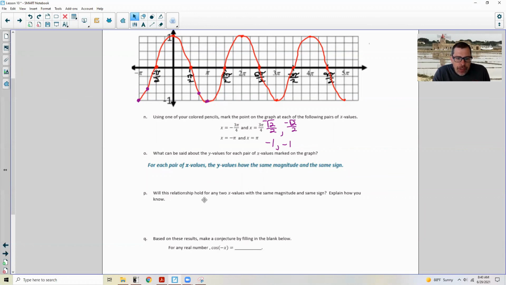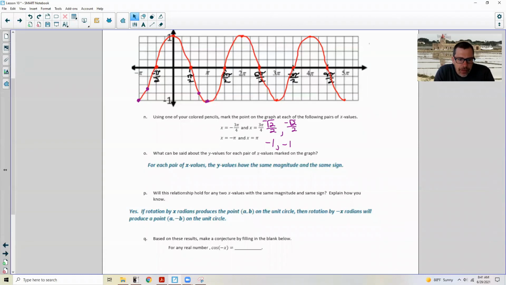P, will this relationship hold for any two x values of the same magnitude and the same sign? Explain how you know. Okay, so part P is yes. If rotation by x radians produces a point A comma B on the unit circle, then rotation by negative x radians will produce a point A comma negative B on the unit circle. Q says, based on the results, make a conjecture by filling in the blank below. And it says, for any real number, cosine negative x,